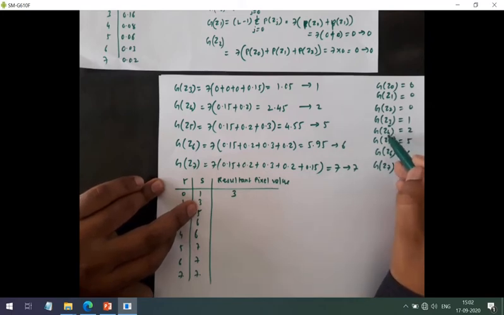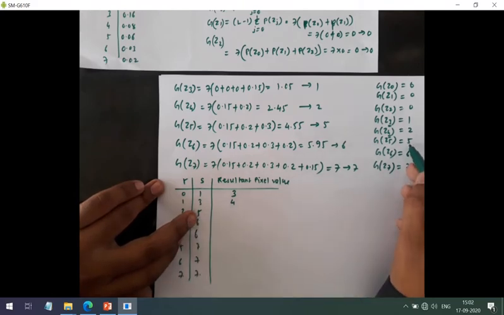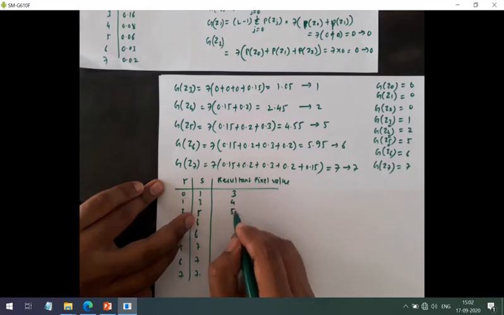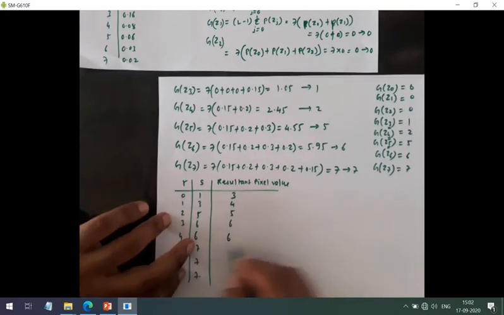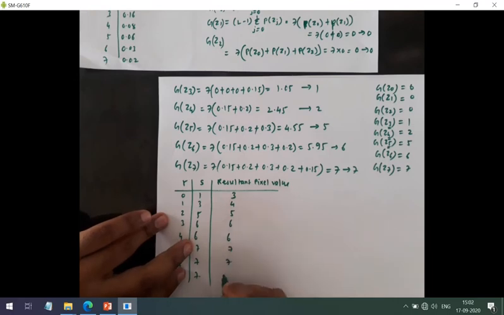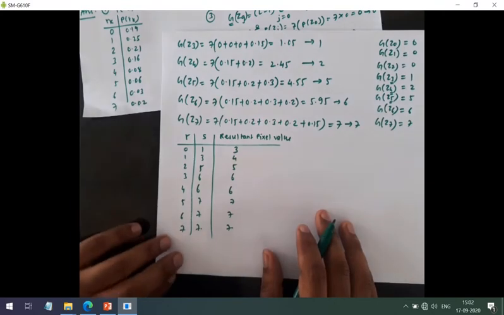So we have to return the z value, that is 4. Now for 5, we have an exact match, so I will return the corresponding z value, which is 5. Then 6, we have an exact match, so 6. 6, 7, we have an exact match, 7, 7, 7. That's it. So this is the mapping.